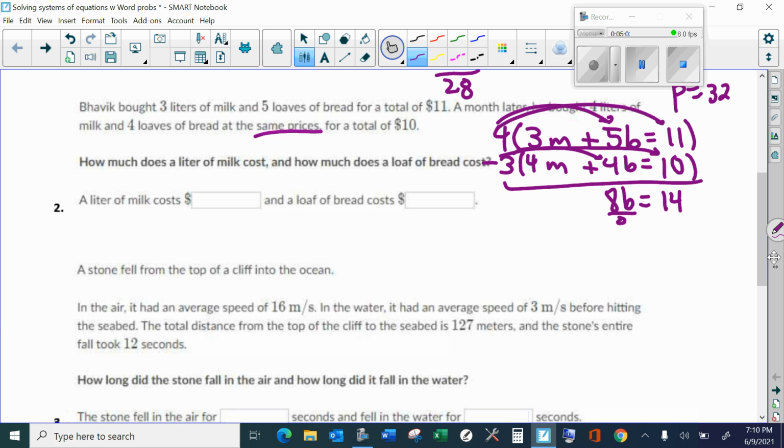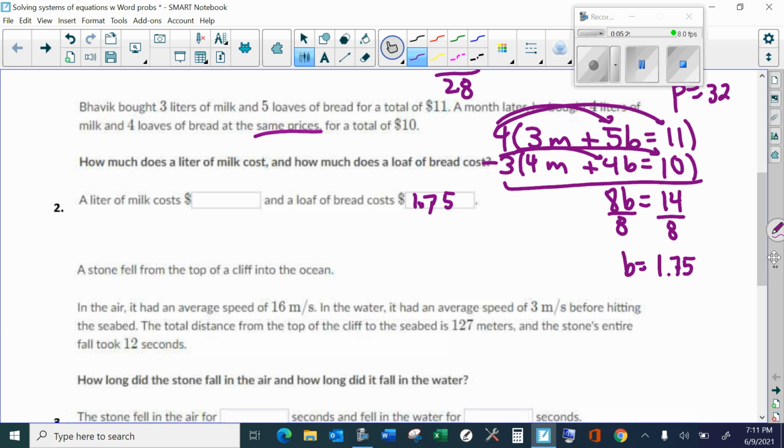Last step, divided by 8, and then I have to change this to a decimal. 1 6/8 is 3/4, which is 0.75. So bread is $1.75. A liter of milk, we just did the bread, 1.75. Okay, now I want you to pay attention here. I could go ahead and substitute that 1.75 back in for the B, get my decimal, subtract across, and divide